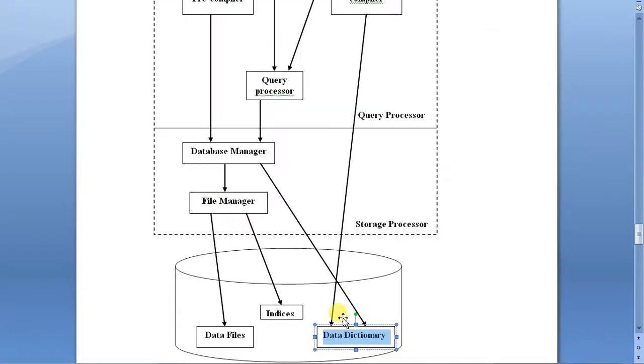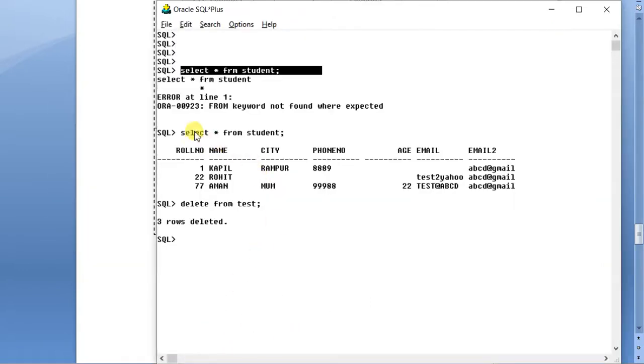Okay. Now all these things I have been talking about since the beginning of the lecture, that your data is stored in the hard disk, stored somewhere, all these things are done by the file manager, because ultimately your data is stored somewhere in the data files. You must understand this. For example, whatever table you have created is not created in RAM. It is created somewhere on your hard disk. So where it is stored, where it is created, now we will see that portion. It is important and critical, so please try to understand what I'm trying to show you.